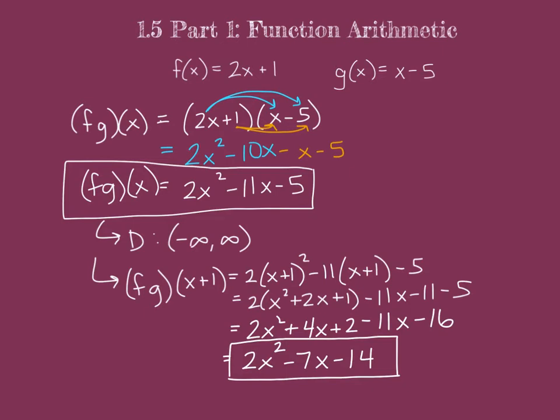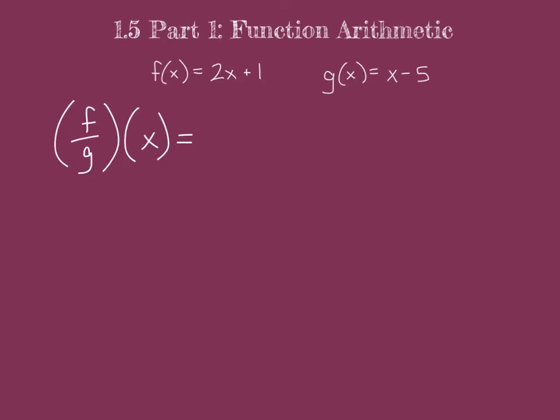So I'm just doing a couple things to review a few things that we've done earlier in this chapter as well. So far with f of x and g of x, we've added, subtracted, and multiplied, found the domain of each new function that we've created, as well as evaluated at a point, variable, or a variable expression. The last thing that we can do is divide, and division really just means make something a fraction and then simplify if you can. So this is f over g,